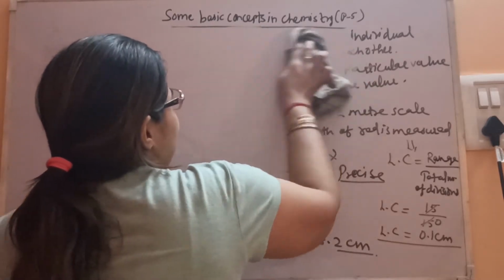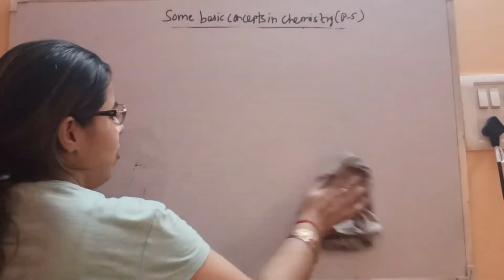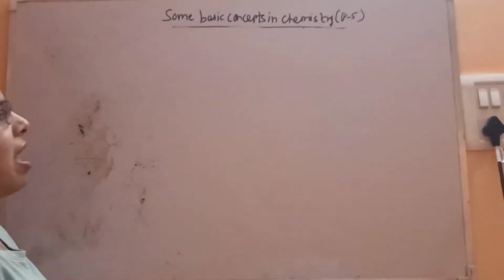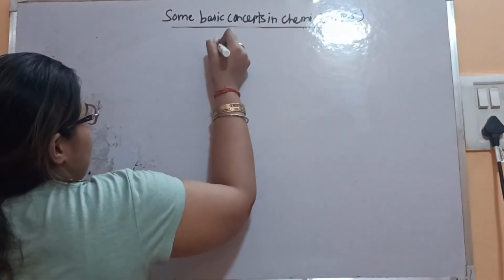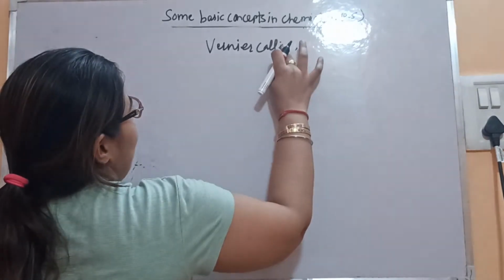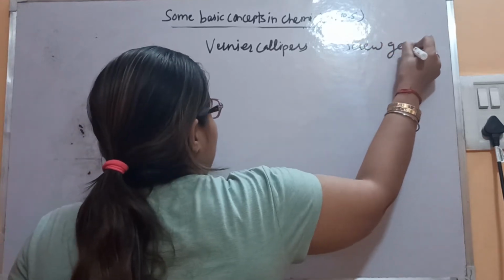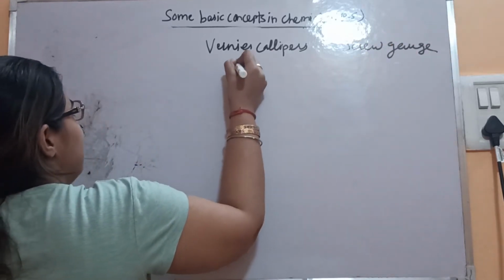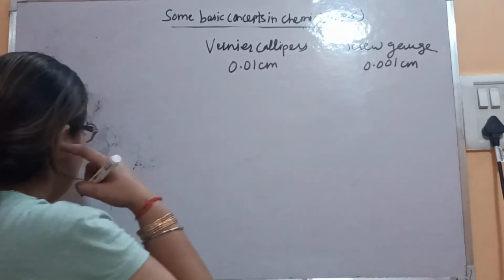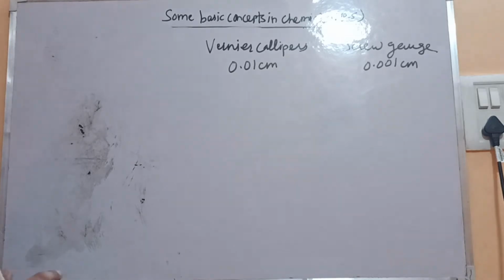This you have used in physics. This is the physics part you will be using in 11th standard. You will be measuring the length of the wire with the help of vernier calipers. If not that, then you will be using the screw gauge. Again, it is having a different least count. So vernier calipers are used for measuring length only, and then the screw gauge. The vernier caliper has least count 0.01 centimeter, and the screw gauge has 0.001 centimeter. So if the length of the rod is 8.24 centimeters, then the vernier caliper can correctly report the result.